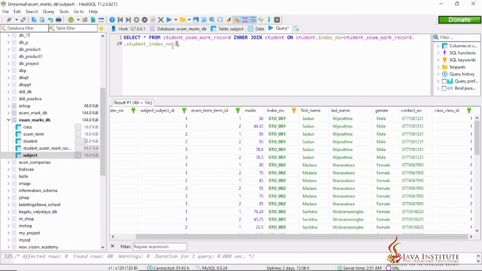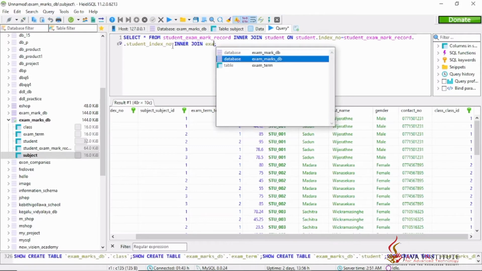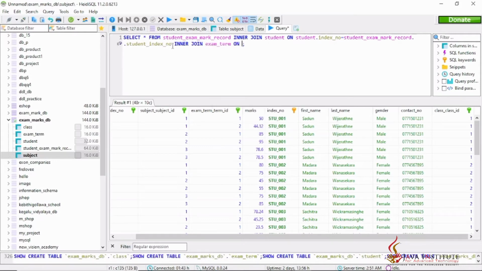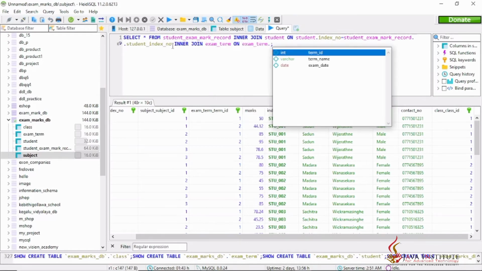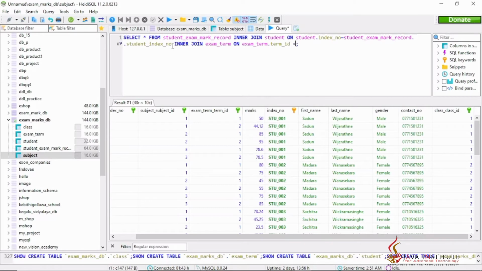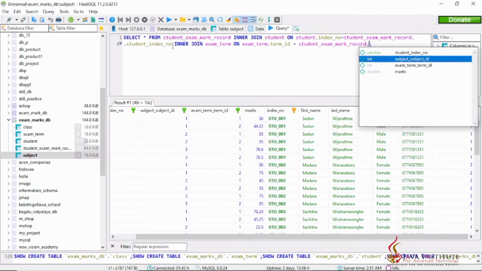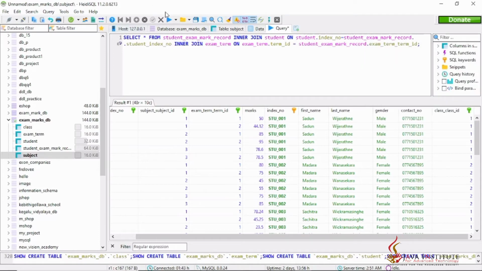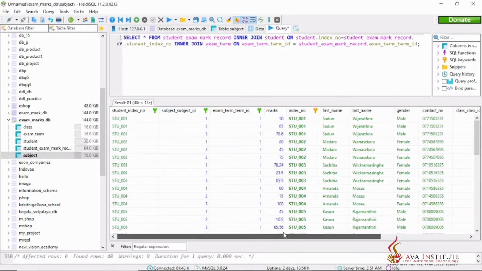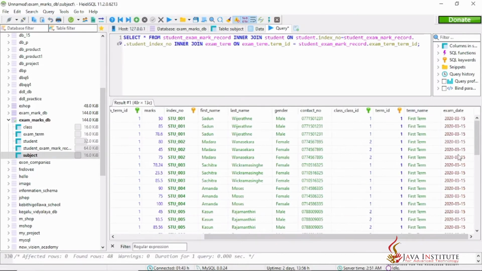And I am again going to inner join the exam term table. Here the relationship between the exam term table's term ID and also the student exam mark record table's exam term ID. And here by executing it, we can see the details have been updated with the details from the exam term table also. So then again I am going to inner join